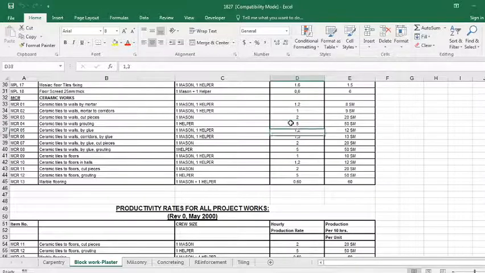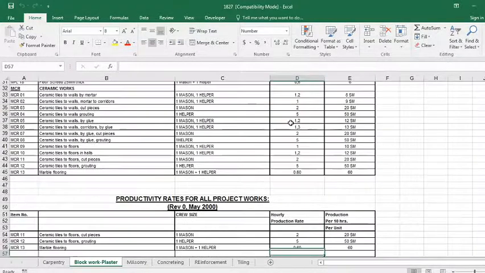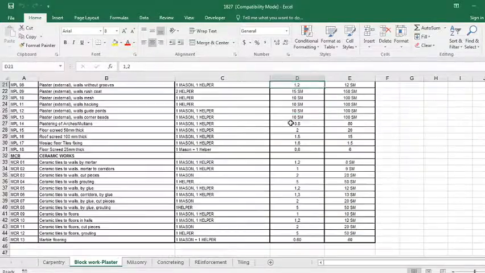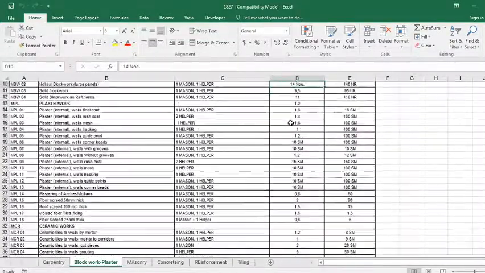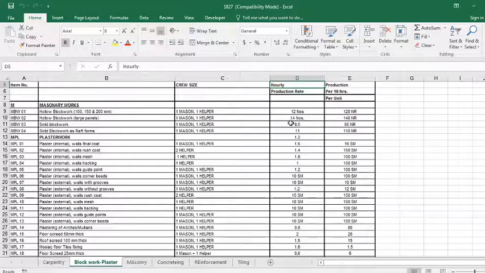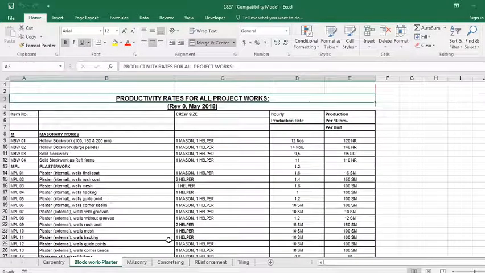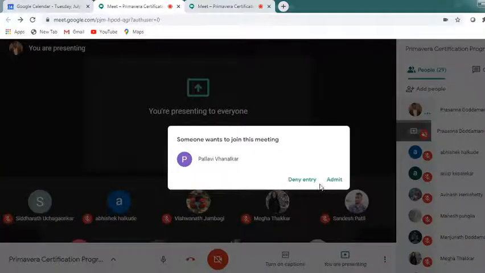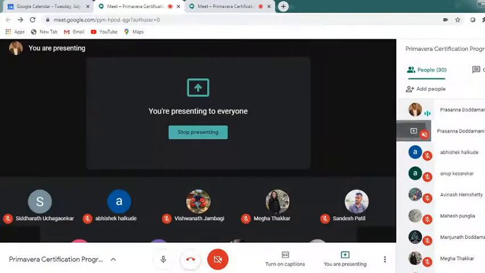You understand my points? So these are what are called productivity sheets, which are very, very important. These are some of the company's assets, we call them. This is not the same, as I told you, this probably is not the same as the company's, but almost similar. You will find almost similar results.